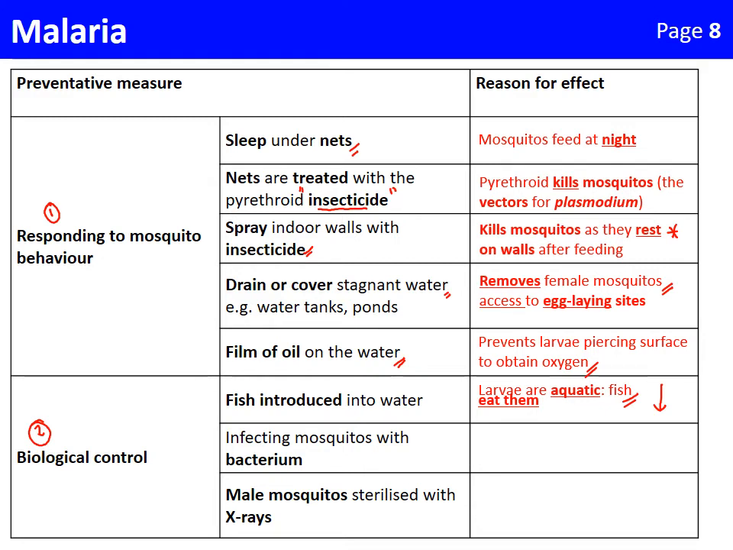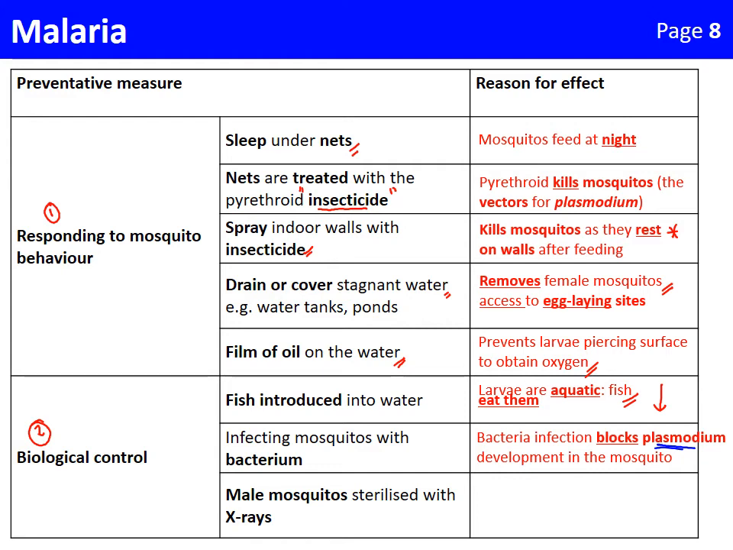Now we could actually infect the adult female mosquito with a particular type of bacterium that is pathogenic to the development of the Plasmodium inside the female mosquito. So these bacteria actually block the Plasmodium from developing inside the female mosquito. So it is technically a pathogen for the Plasmodium